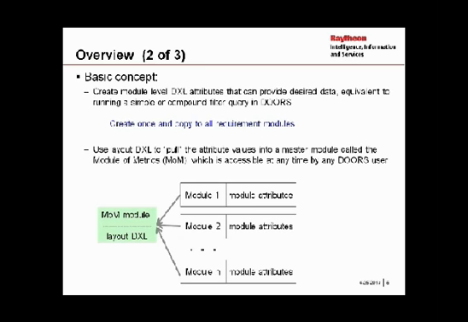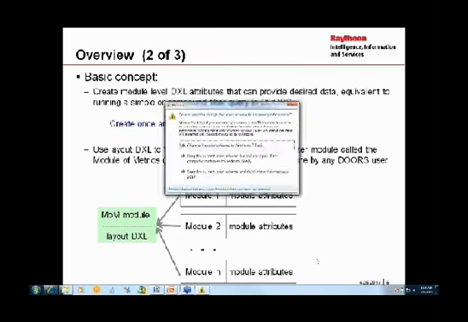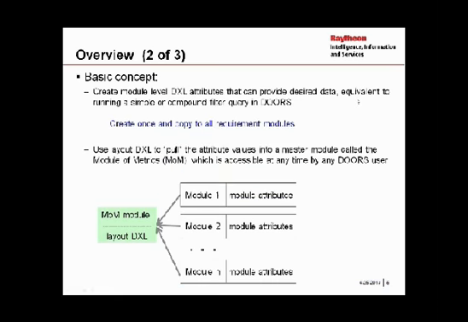So in chart 5, the basic concept is you're going to create DXL attributes. Within a module, you can create module-level attributes. For example, you have requirements and you want to identify what the verification method is or flag it as software or hardware. Other kinds of attributes you can create are called module level, where they apply to the module as a whole. So that's what I'm setting up with these metrics attributes. When I'm counting the number of requirements, it's applying to the entire module. My concept is